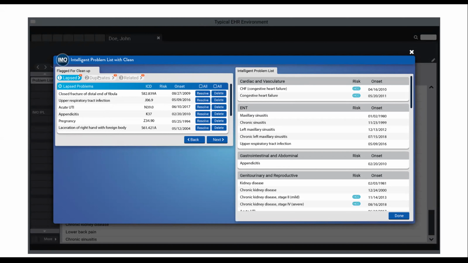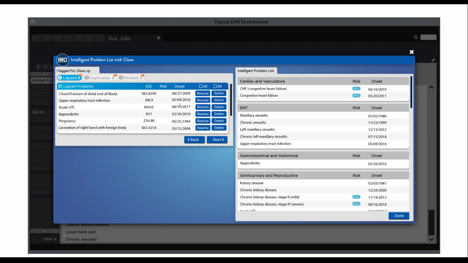On the left side, you'll have summaries of cleanup opportunities. This is a very nasty list, so you'll see lots of stuff. Some of these categories might not be represented, and you'll be able to skip right over those. If you don't want to dig into something that might look particularly hairy, you can certainly exit out at any time. On the right, again, you'll have the full list, so you can work through that. You'll also see indicators here for HCCs. We know that that's a big focus for a lot of our clients, so we make that visible with this indicator, and this will also come into play on the left side as you're doing your cleanup.